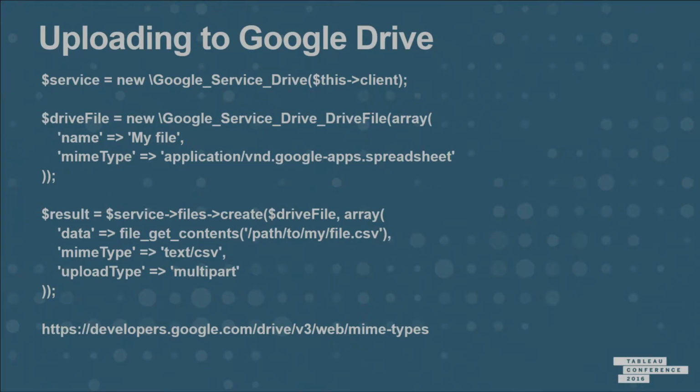So this is how you might start, simply by creating a CSV file and uploading it to Google Sheets. You want to pay attention to MIME types. So I'm using text CSV to upload my CSV file, but also notice I'm using the Google Apps spreadsheet MIME type here. And this is important because if you don't, the Google Sheets API will not automatically convert your CSV file into a Sheets file. And that's important because you get free storage with Google Sheets. Though that might change, I don't think they expected people to try and upload their entire database like I am to Google Sheets. So great. We've uploaded a file to Google Sheets.